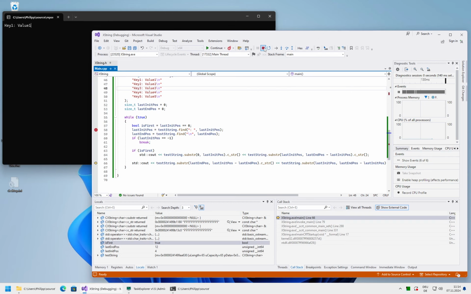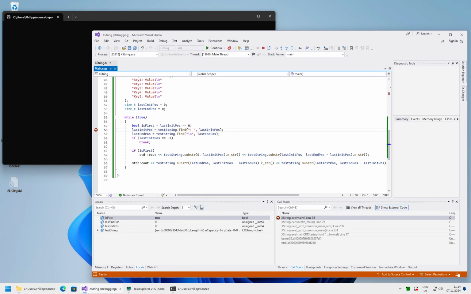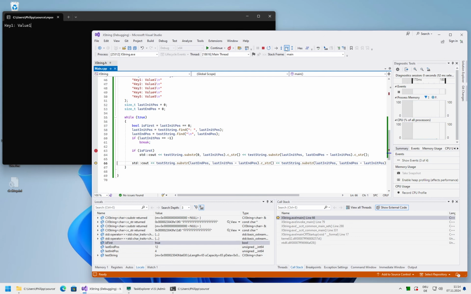I'm not sure. I mean, the whole thing is not quite doing what it should. Let's put a breakpoint here for now. When we execute this line, it prints the whole line, so this is not... Or is it? It's what you want, okay.